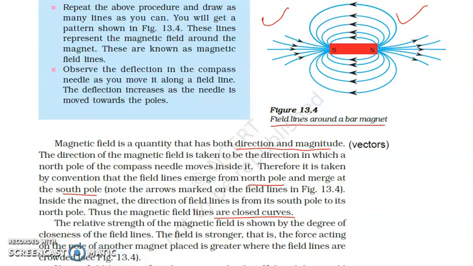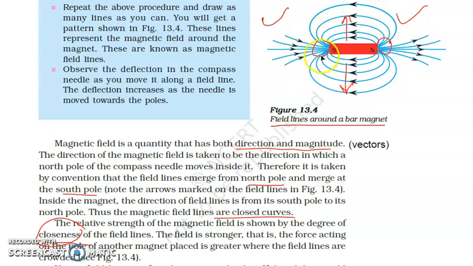The relative strength of the magnetic field is shown by the degree of closeness of field lines. ये point मैंने आपको पहले भी बताया था, जो हमने पिछले वीडियो में डिस्कस की थी. As you can see, near the poles, this part and this part, the magnetic field lines are quite close to each other, and as we move in this direction and in this direction, the magnetic field lines are quite far away. So from this we can conclude that whenever the magnetic field lines are quite close, the magnetic field is strong in such regions, and when the magnetic field lines are quite far away from each other, then we say that the magnetic field is quite weak in this region.